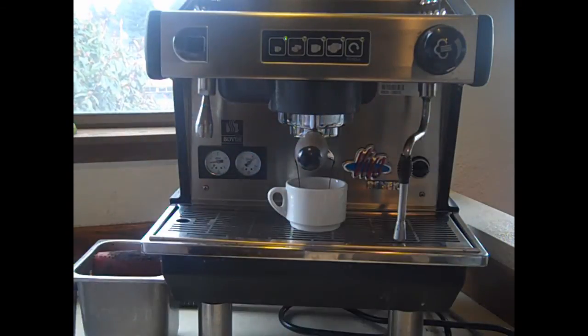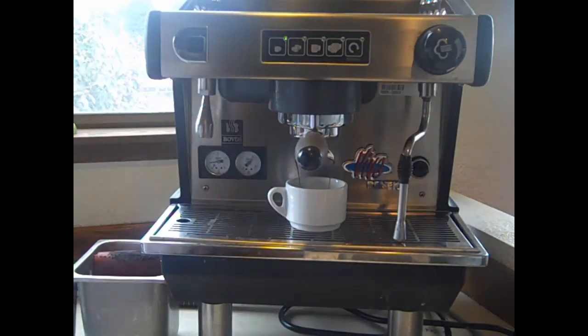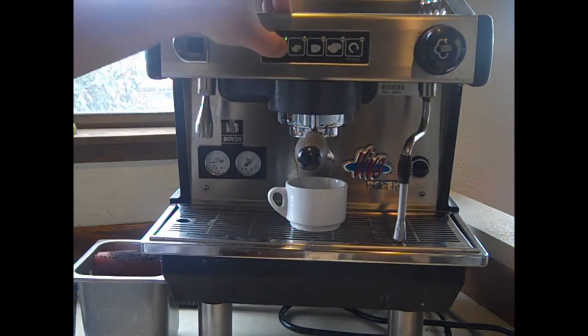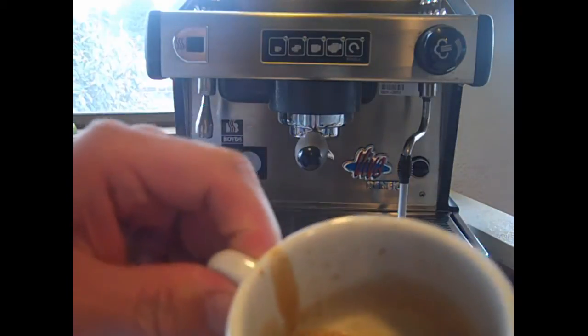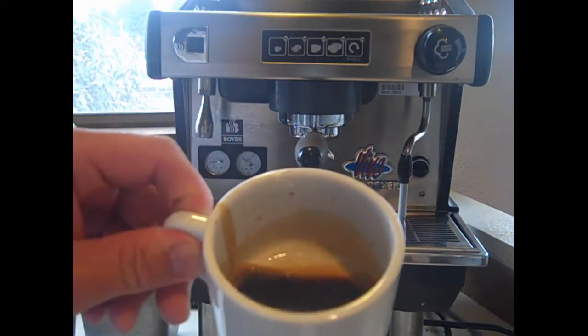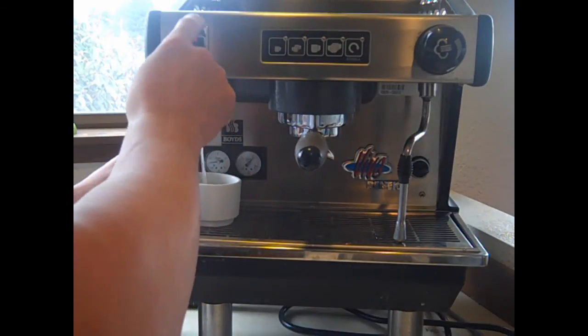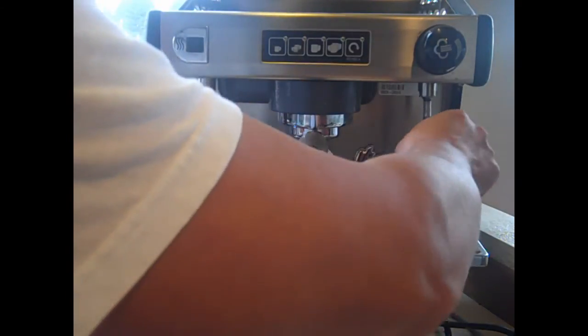Your milk steamer, frother. And let's turn it on. We'll show you through that process here in a second. I think that's enough for that brew. So you can see there some espresso there. So if you wanted to make an Americano, you would add some water, or of course use this thing, which